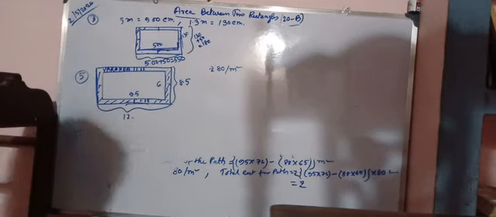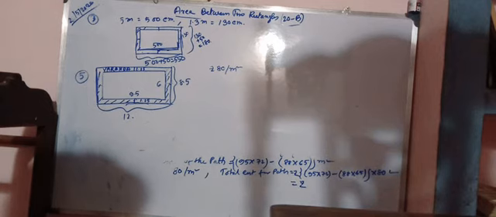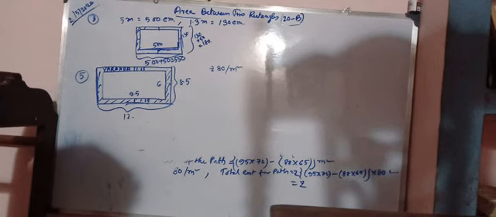Next, question number 6 and 7. I suggest you that you should do it in your homework. Question number 6 and 7. What is given? Each side of a square flower bed is 2 meters 80 centimeter long. It is extended by digging a strip of 30 centimeter width around it. Find the area of the enlarged flower bed and also the increase in the area of the flower bed.